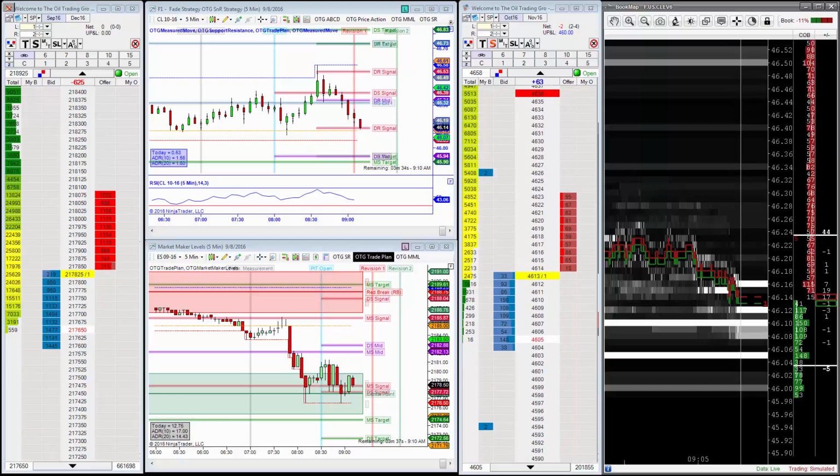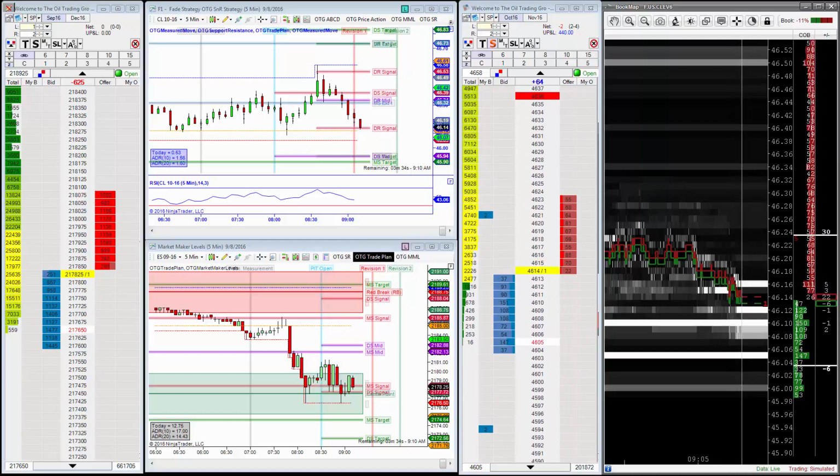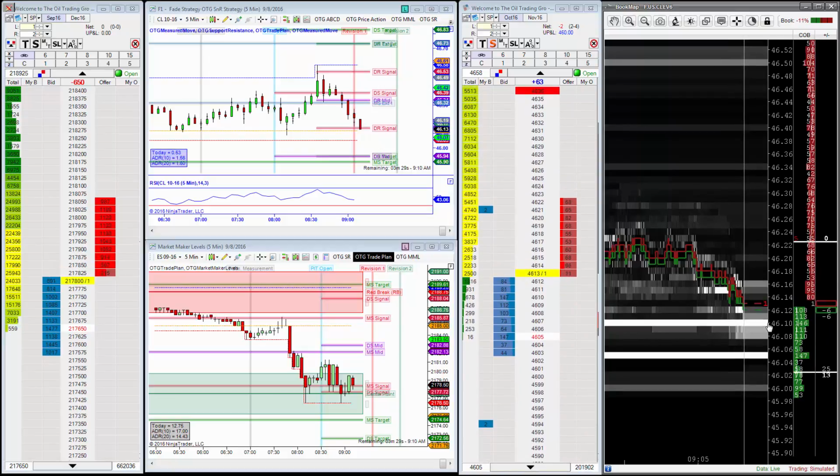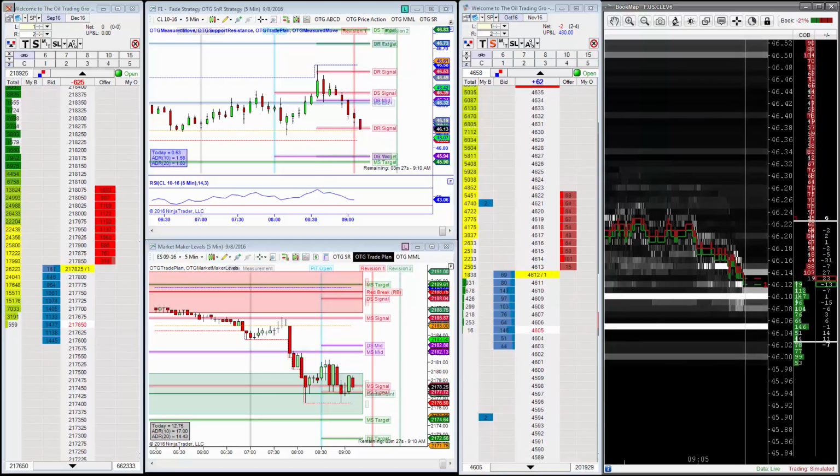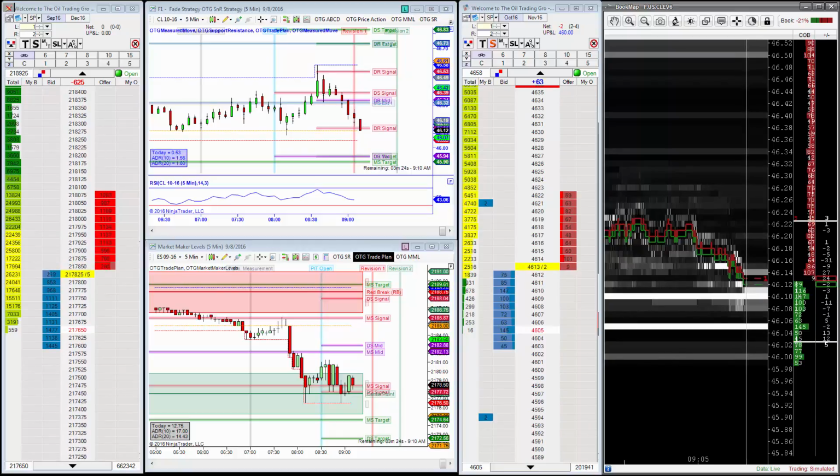12 is the ETH session price. Bring this down to 21 on the trail stop for now. ETH session price is down there at 12. You've got a thick stack of orders down here. It's going to take a little bit to get through it. But if we do,